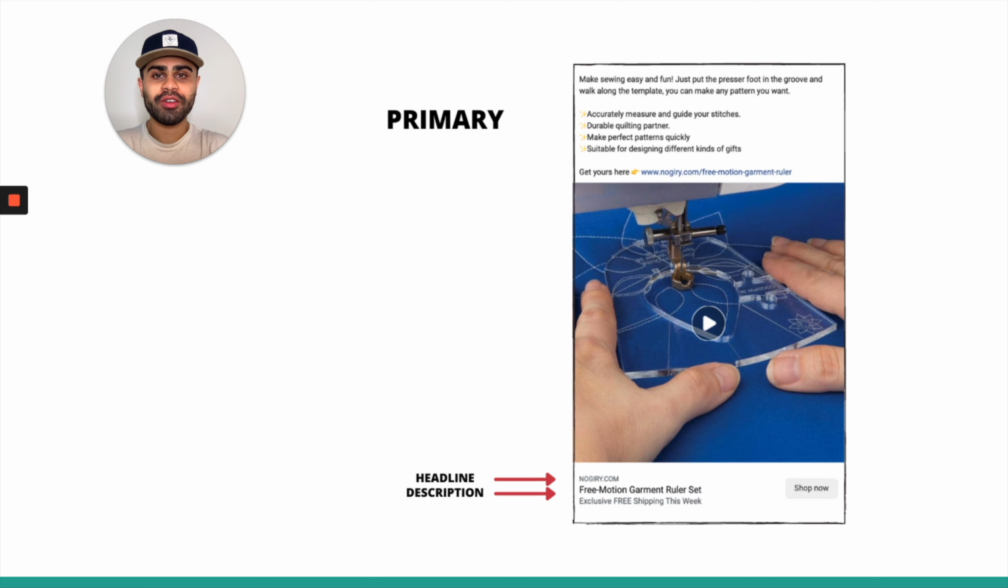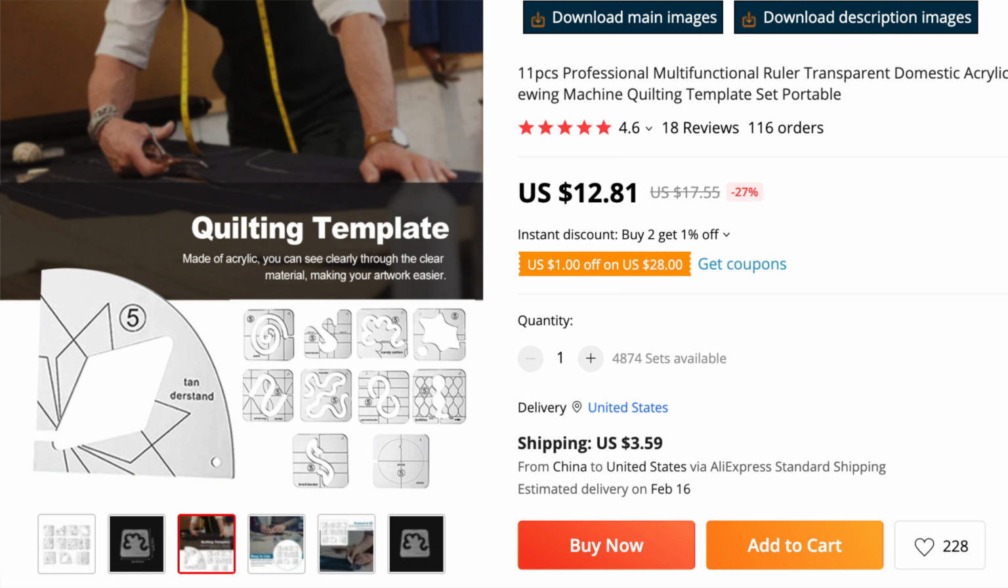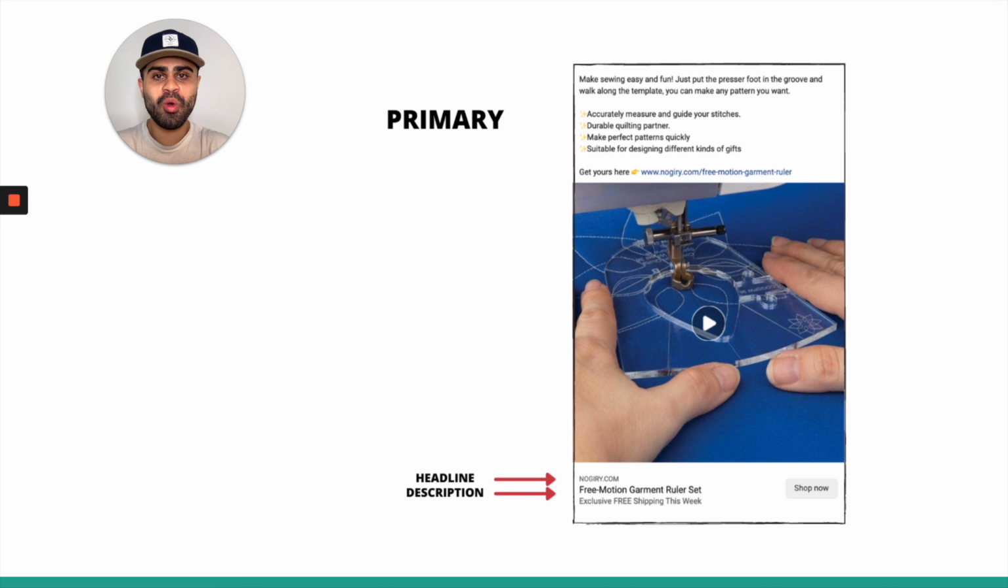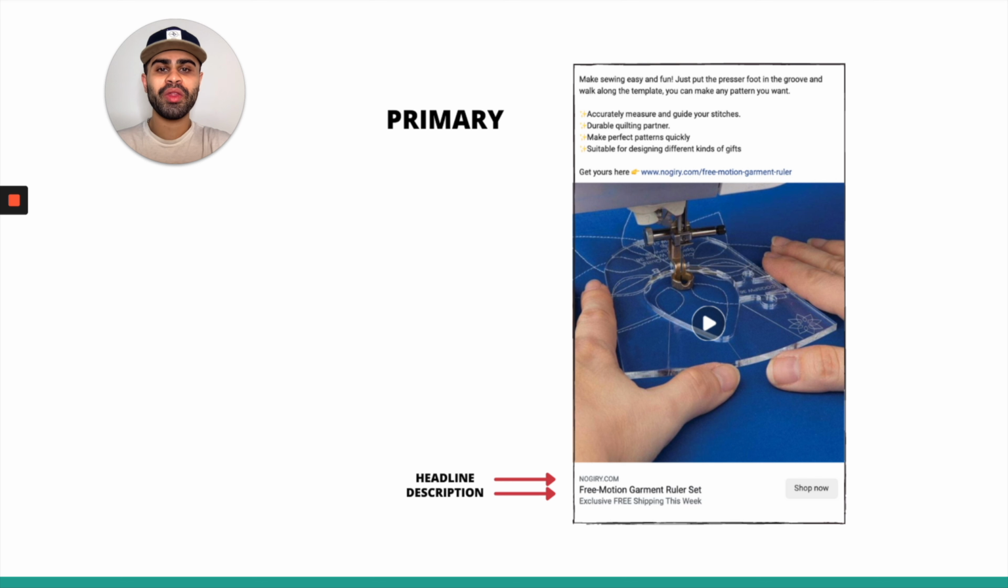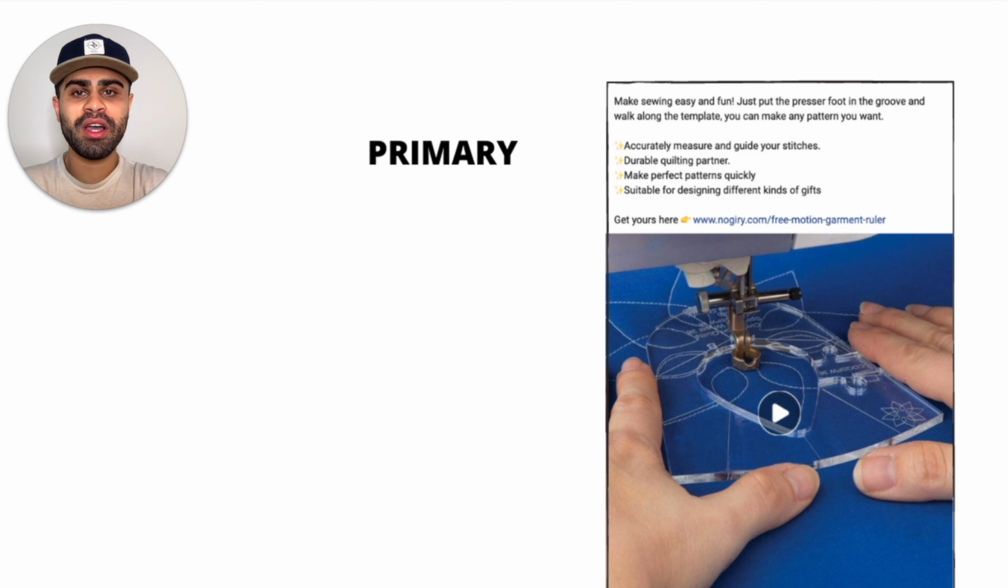So coming on to our second product here, we are dealing with another problem solving, another convenience sort of product. And this is the garment ruler set templates. Essentially, this consists of a bunch of templates that help people sew and knit, and so on and so forth. Once again, I'll throw up the AliExpress listing somewhere on the screen so you guys can more clearly see what the product is. But making our way up to the primary text for a little bit,